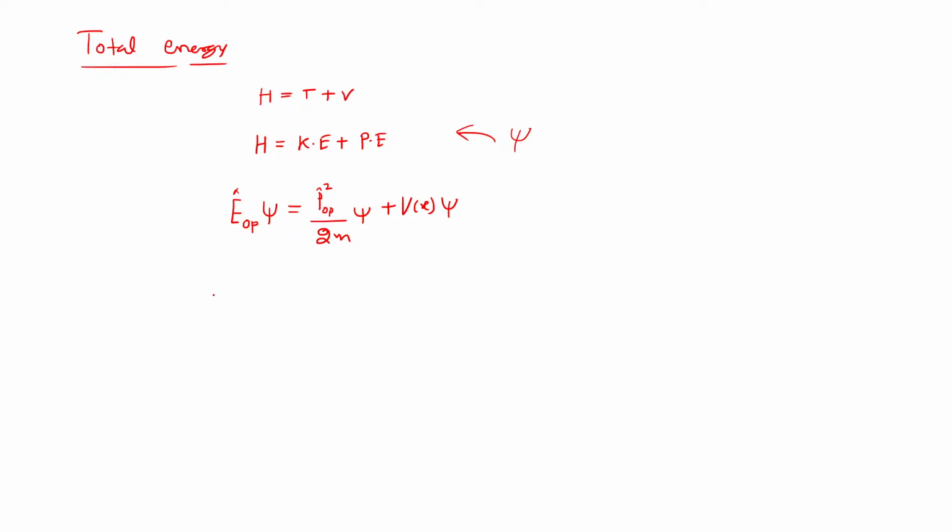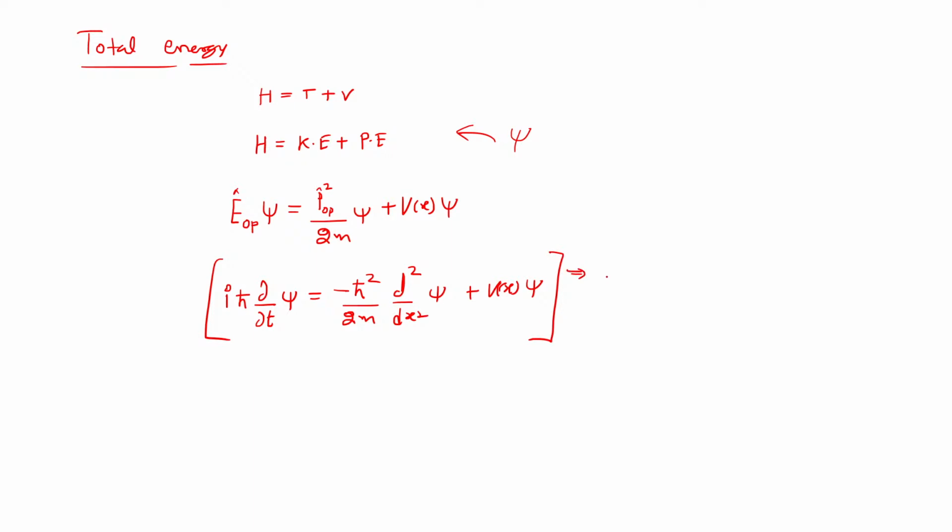So can you get the Schrodinger equation here? Iota h cut del over del t psi is equal to the P operator squared: if you apply h cut over iota, that will become minus h cut squared upon 2m, and here you have del over del x, so it will become del 2 over del x squared psi, plus V of x psi. Do you understand? So this is the Schrodinger equation. Now you can arrange it in any form, but this is the simple